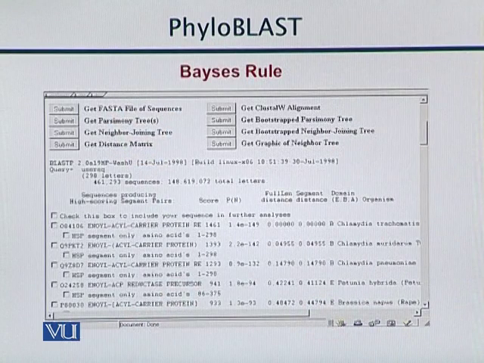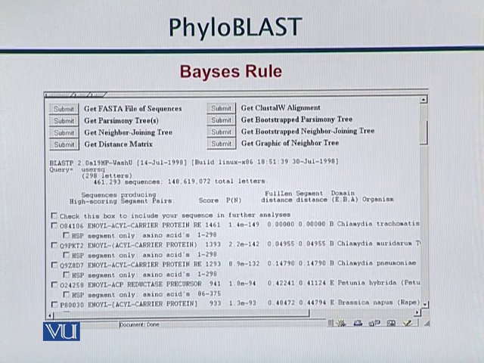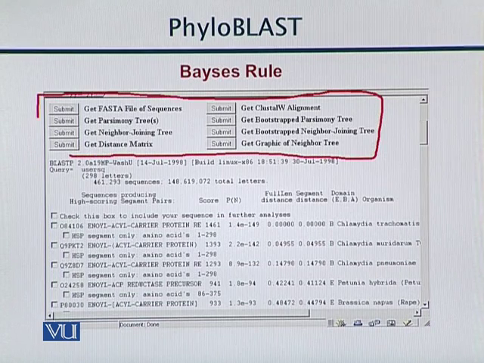Here I have given a screenshot of Phyloblast. What are our different options here? We can have these 8 types of data, which are shown by these 8 buttons. We have a FASTA file, parsimony tree, neighbor joining tree, distance matrix, and so on. So we just give our sequence and then we can attain these 8 different things provided in these symbols. Against our given sequence, we will get any of these things one by one, or we can attain all this information as shown in this diagram.